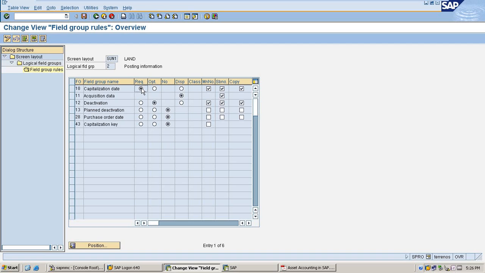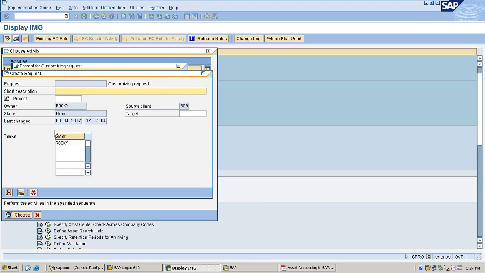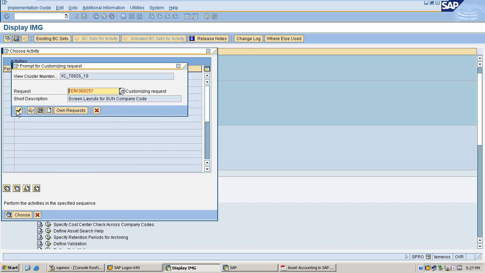Fields. I'm maintaining capitalization data as required field. Sun company code. Just save it